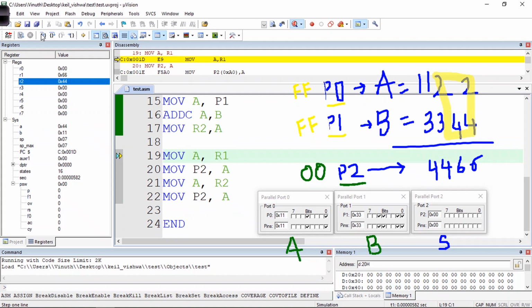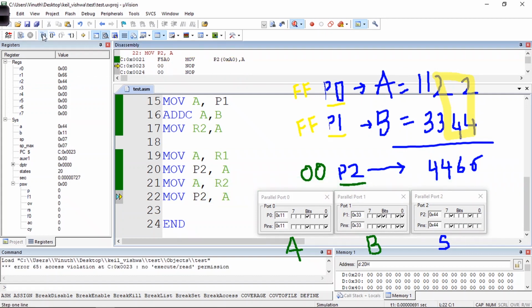After execution, I need to send the data to my port 2. Now you can observe port 2, the lower nibble has been sent, and after this the higher nibble has also been sent.